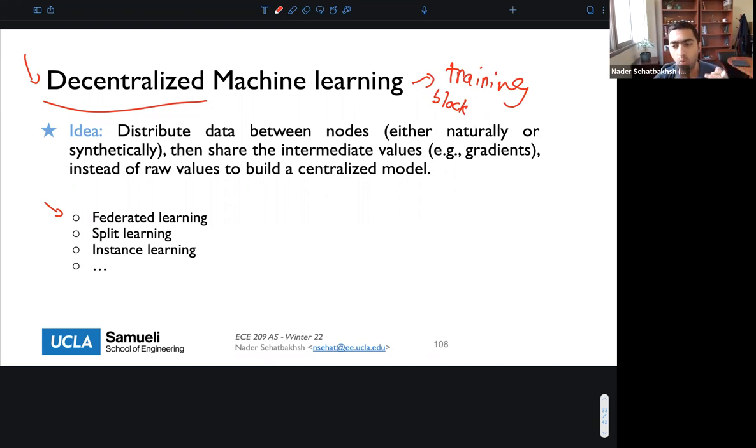distributed values. What we can do to achieve that, the most popular solution for this is what's called federated learning, which is actually being used by large companies such as Apple and Google these days. There are also minor different solutions such as split learning and instance learning and so on and so forth. In all of these scenarios,